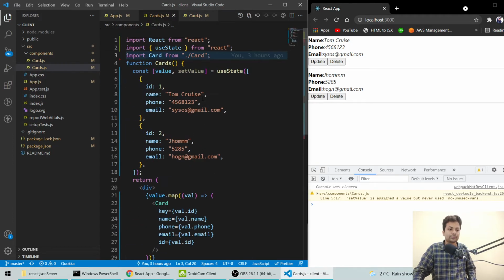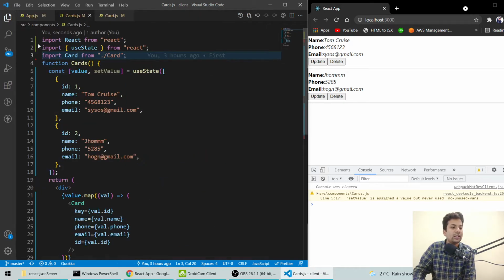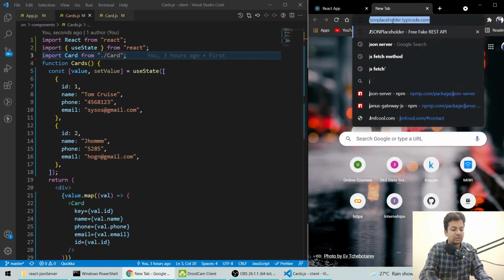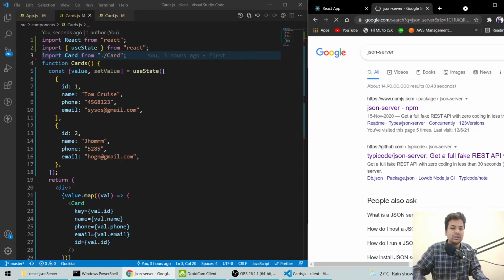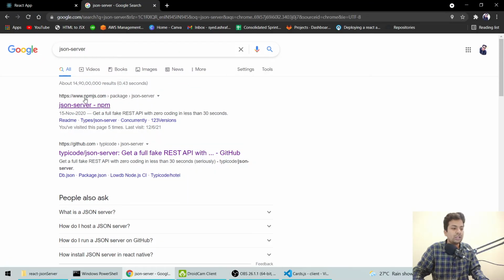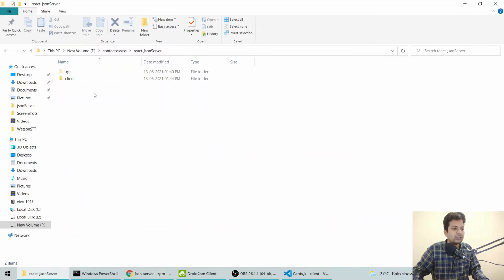Okay, but now we want to get the data from the API. This is static data we wrote ourselves. So for that we'll use something called JSON server. You don't have to code anything, you just run it and it will start. So this is my client folder.